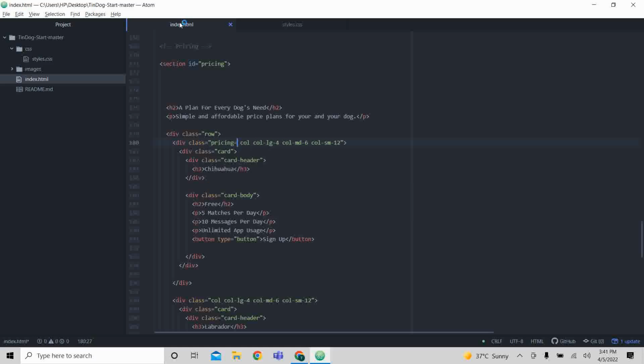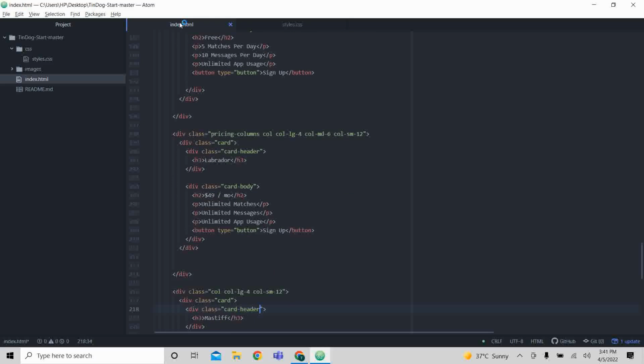pricing columns. So the name is evident enough for what we are doing. So we will simply copy paste this with each, so that we can do this in a better way. Now in the styling,